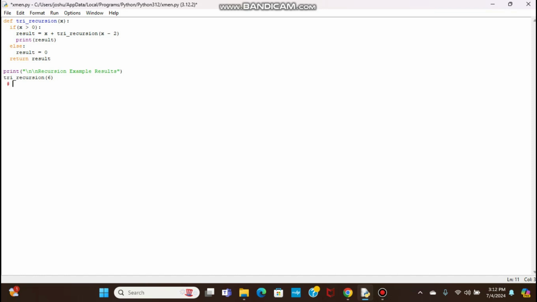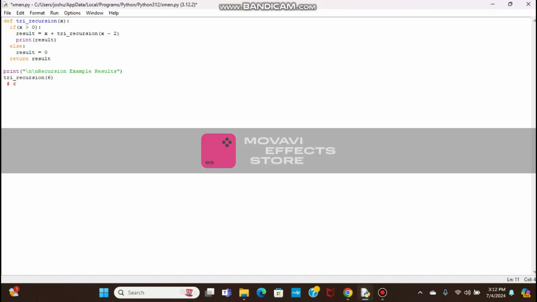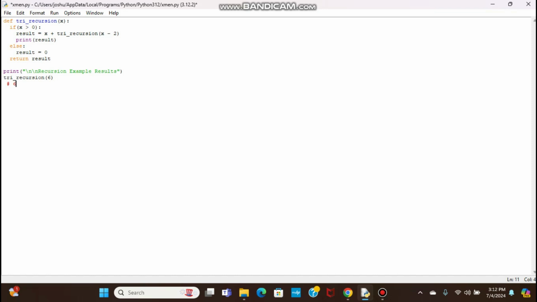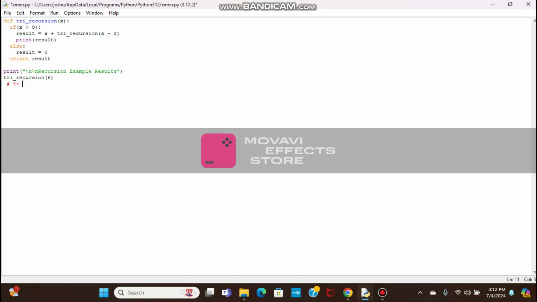We're going to have 6, and then what's 6 minus 2? It's 4, right? So when we call 6, it's going to substitute the operation for 4 because we're decrementing it by 2. So it's going to be 4 plus 4. No, wait. 4 plus